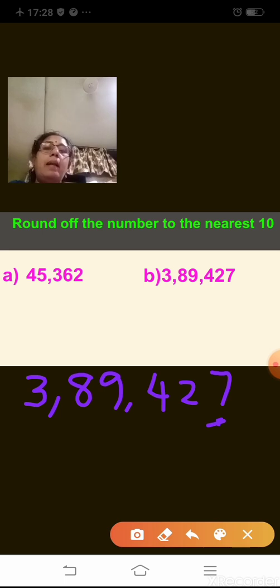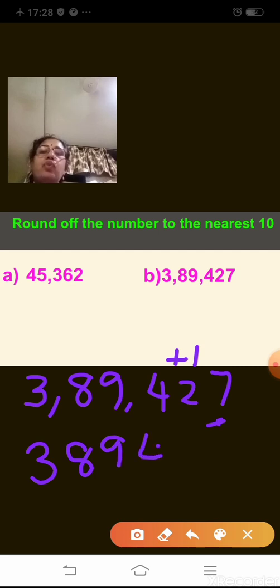Okay, and the number in the tens place is 2. So in this case, 7 is a strong number, you can say. In this case, what you do is you add 1 to the number in the tens place. So when you are rounding off a number, your number becomes 3,89,004. 2 plus 1 is 3, and in the ones place you will keep the number as 0. So when you are rounding off the number, it becomes